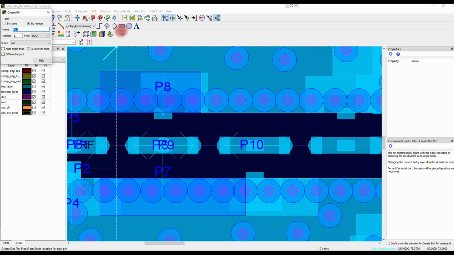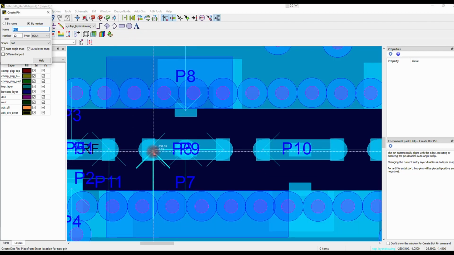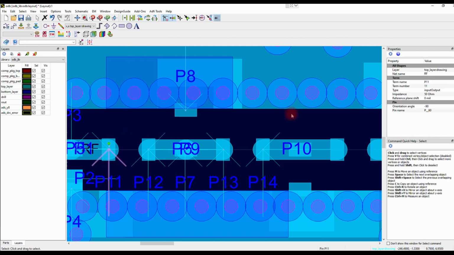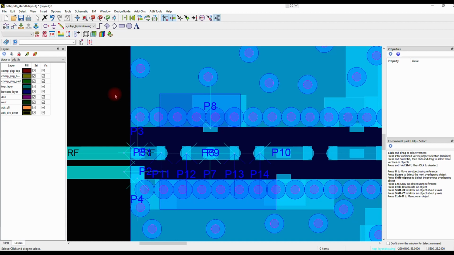Now I'm going to place the ground pins for the series pad. This ground pin is supposed to be located at the bottom layer. So we're going to change the layer of the ground pins. Now we are done with the pin placement.